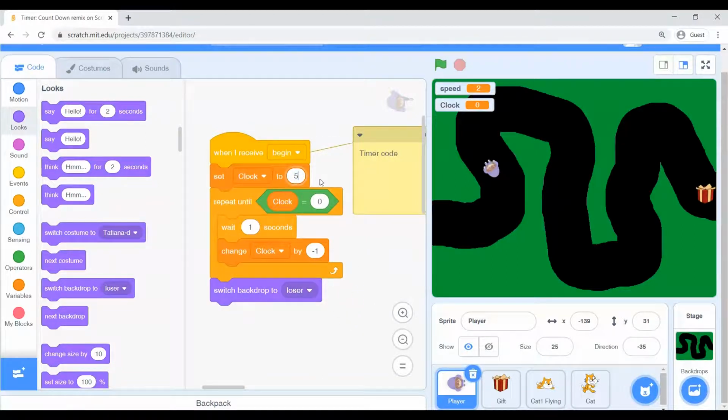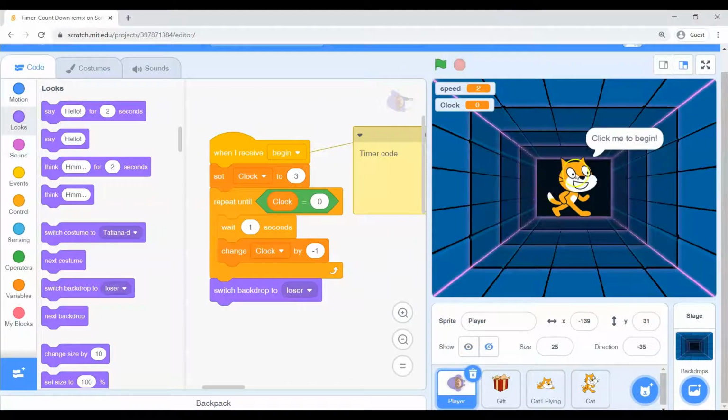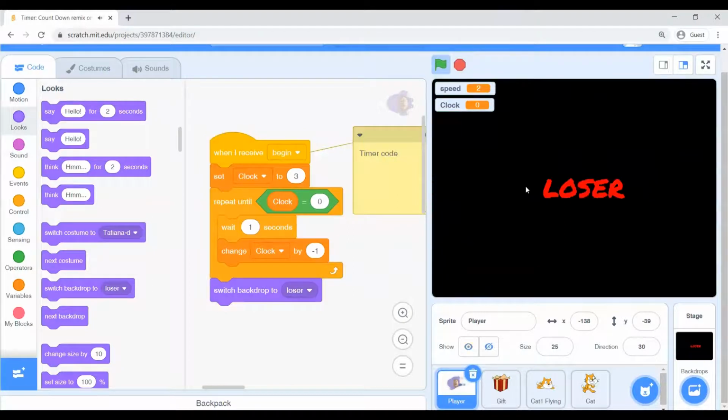And I'm going to put this back on 5 again. So actually, I'm going to put it on 3 because it'll be faster. So here we go. And then let's give that a test. Perfect. So we have seen that this little repeat block will count us down to 0 no matter what number